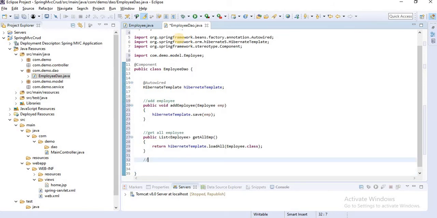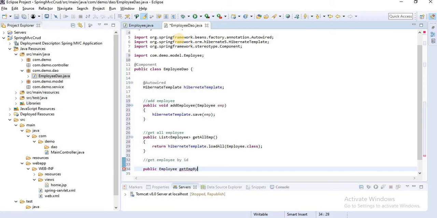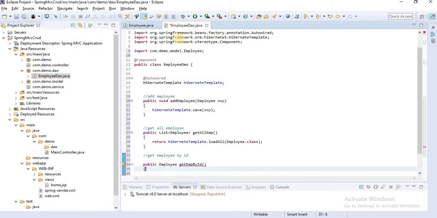Then we have to create get employee by ID. Let's create it as public. Here we are getting a single employee, so I am not defining a list here, getEmpById.